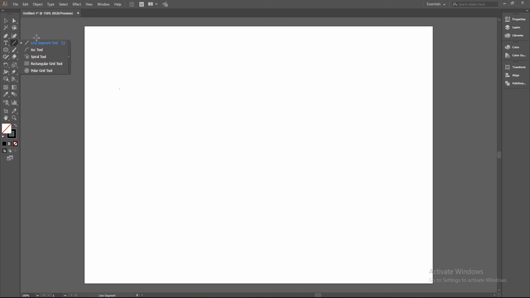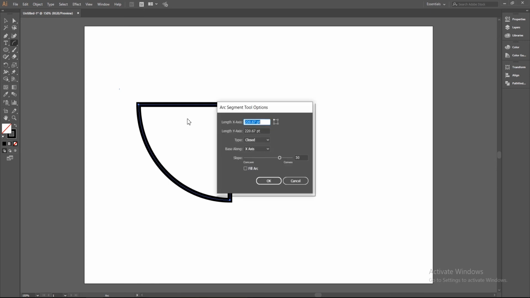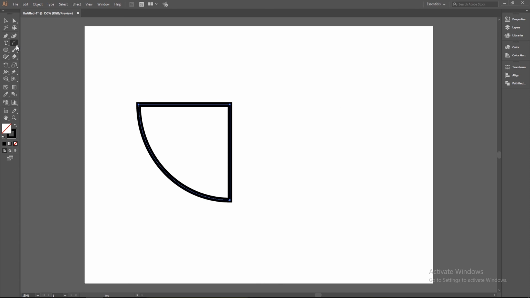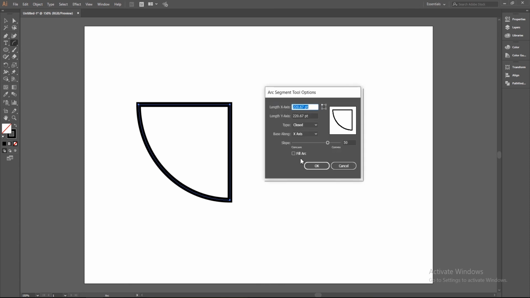So the next tool is arc tool. You can see how if you click shift and this closed shape you get by clicking C on your keyboard, and when you double click on it you can see how this setting works. Fill arc, you can always see there's a mini screen preview. You can see over there how it's going to change,